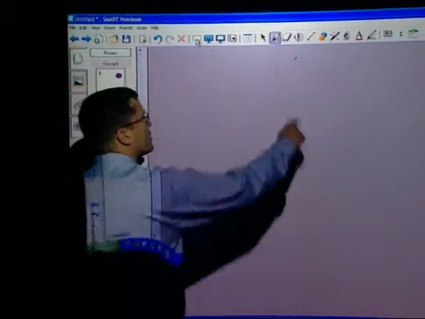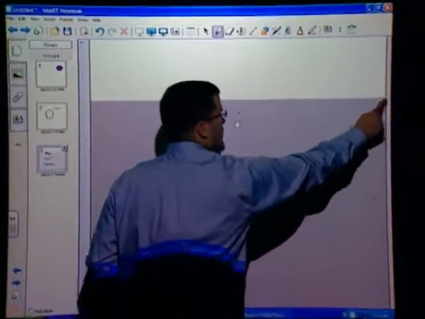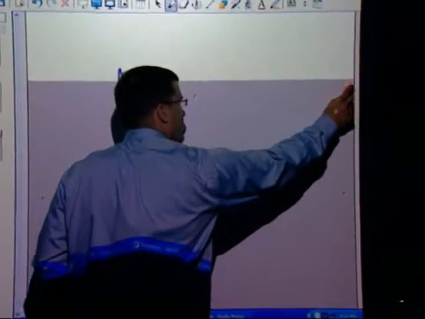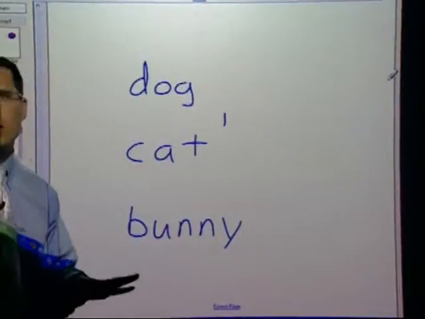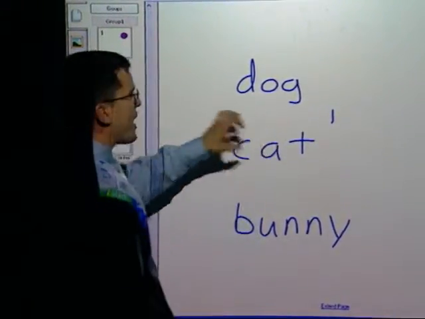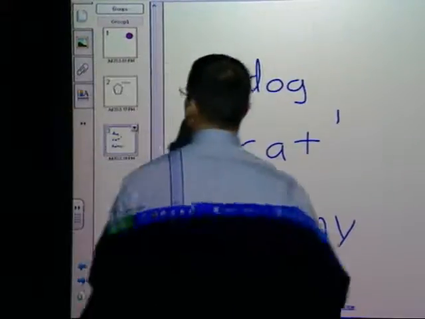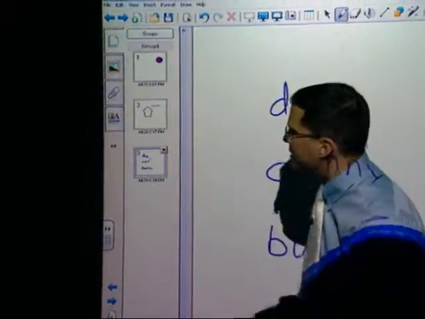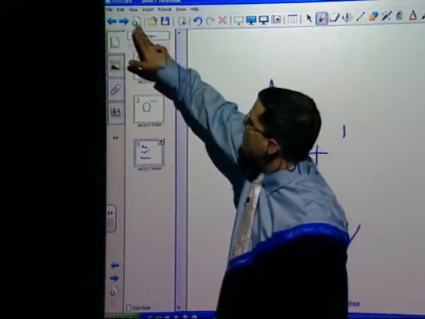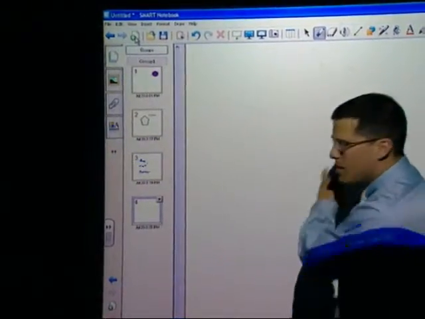With the shade, you can pull this down, and there's a big red X in the upper right-hand corner. If the cameraman can come up here for me, I can just tap that, and boom, that shade is gone. So let's say I didn't want to use the shade. I just eradicate it that way. Let's go back to how do we make a brand new page? Because you'll notice that we're starting to create our very own document here. We've got 1, 2, 3 pages, and to create a brand new one, I hit that new page button